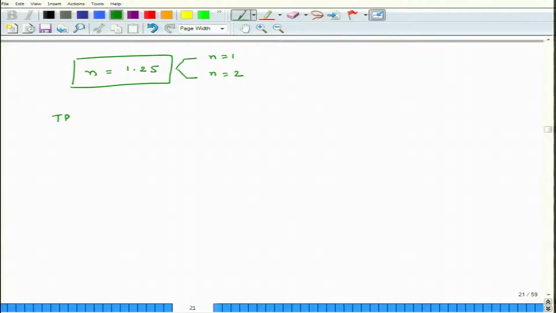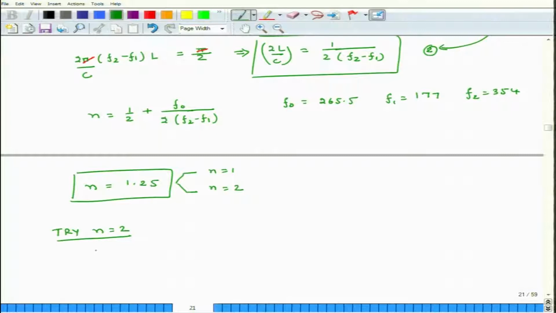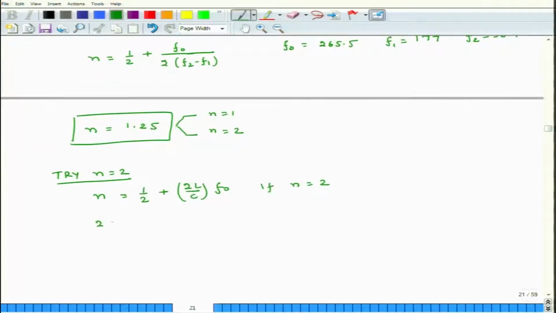So, first we try n is equal to 2. So, if n is equal to 2, then what should L be? We look at this expression, n equals half plus 2L by C times F naught. So, if n is equal to 2, then what we get is 2 equals half plus